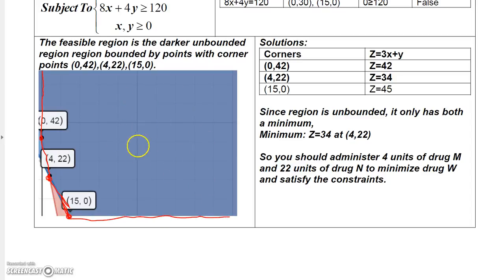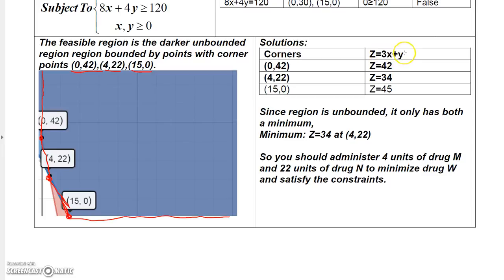So that blue region is the feasible region, and you have 3 corner points: (0, 42), (4, 22), and (15, 0). And if you plug those corner points into the objective function, again, that's an unbounded region,